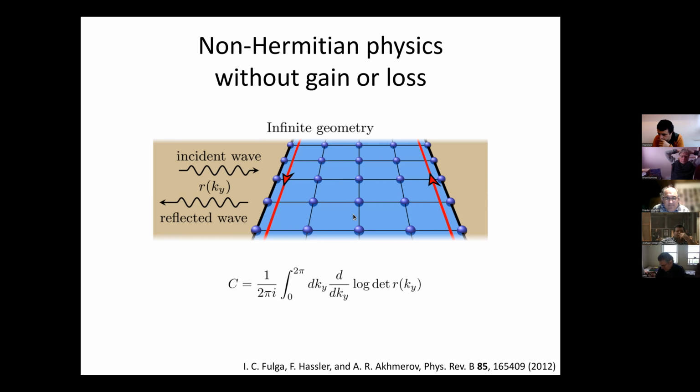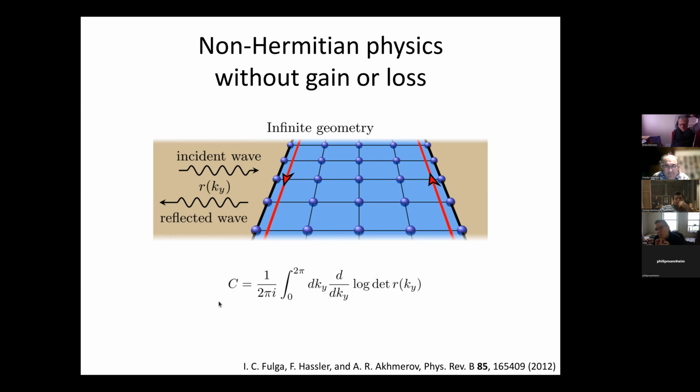Now you have seen this formula before. Here there was a big H before, and now there's a little R. Here there was a big W before, and now there's a big C. But this is exactly the topological invariant of the Hatano-Nelson model. This means that, according to this formula, the reflection matrix from the boundary of a Chern insulator is topologically equivalent to the Hamiltonian of the Hatano-Nelson model. They have the same topological invariant. And therefore, they should show the same signatures of